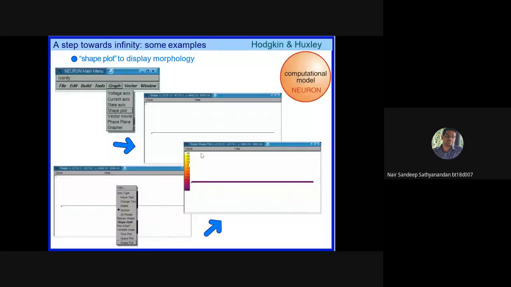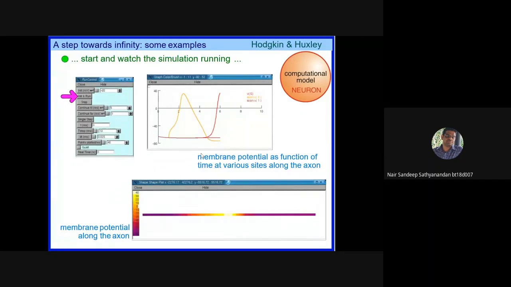The shape plot will give you the structure of that particular component, how they are interconnected, and the voltage axis will give you the voltage versus time graph. This is one such graph. You can see that this is a voltage graph where the current is passed and the response is observed.